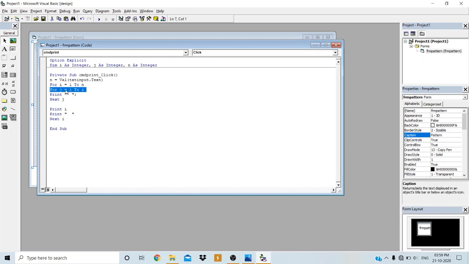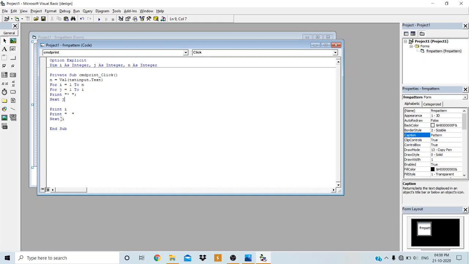J becomes now 4. So again it will check whether 4 is in between 1 to, that is I is 3. Whether 4 is in between 1 to 3. No, 4 is not in between 1 to 3. So the condition fails there. So this jth loop will terminate. Then print I. What is I? This is the third iteration, right? So I is now 3. So print 3 in the same line.